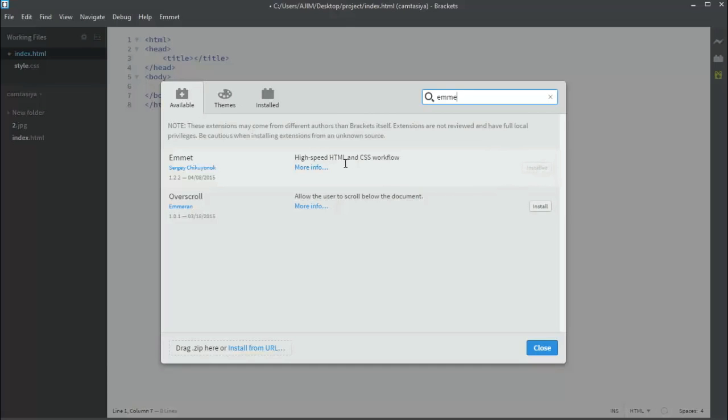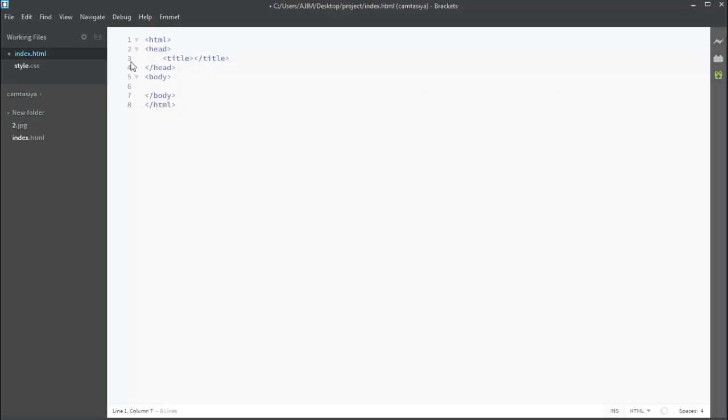So what's the advantage of using this plugin? Whenever you write a single line of code, and after writing press the tab button, thereafter that code will be expanded beautifully. So it's great. It will save your time and also it will increase your workflow with the coding. Okay, so now I created a simple markup.